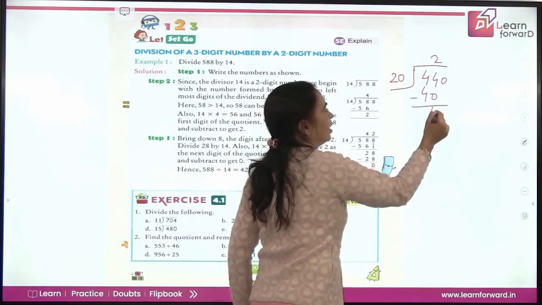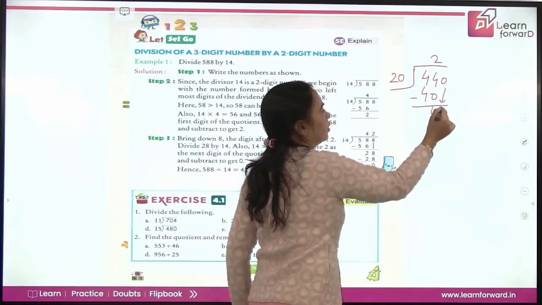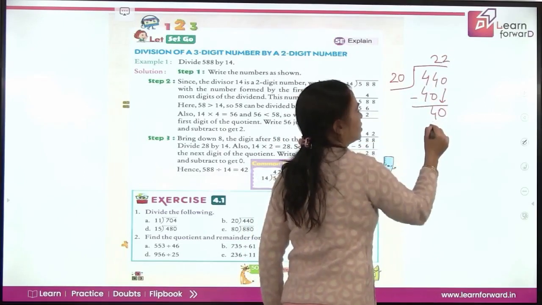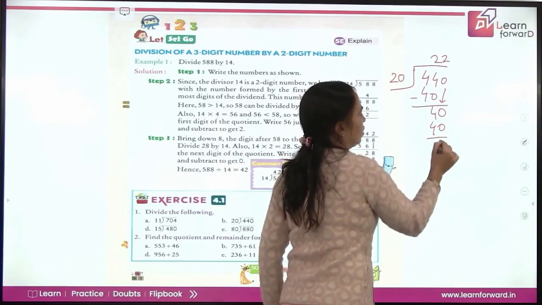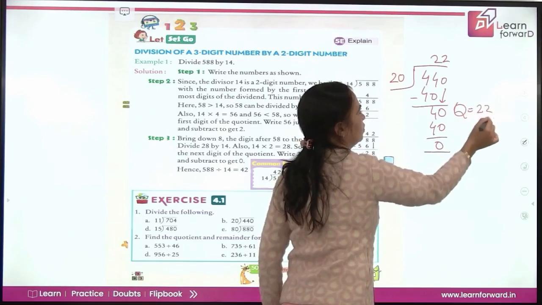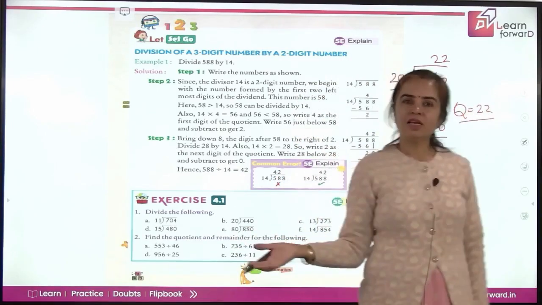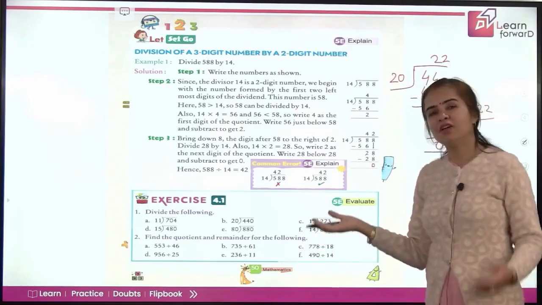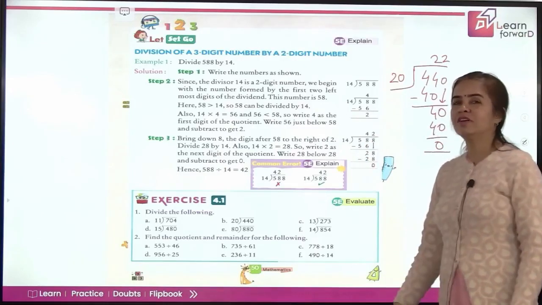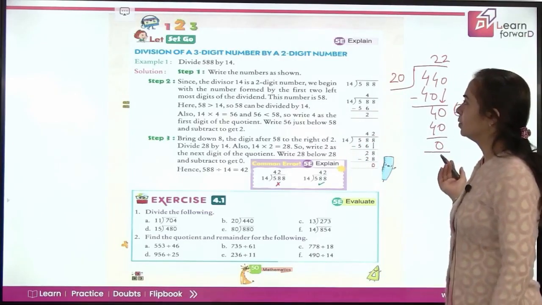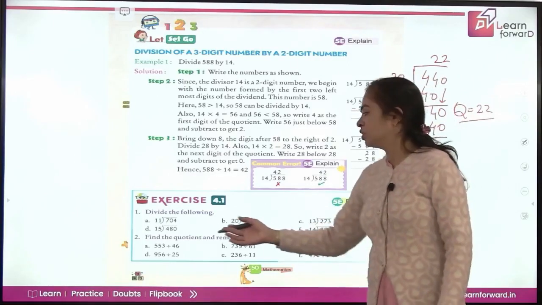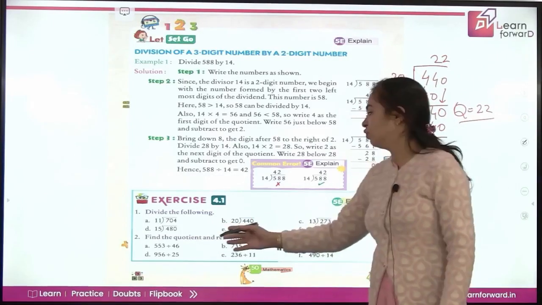Subtract, you get 4. Bring down 0. Now 20 times again 2 is 40, and your division is done. So your quotient is 22. That's it. Easy? So now you know the table of 20. If you know the table of 2, you just have to put 0 after each of the multiples. So similarly, you'll be doing the rest of the questions, and in the second question, you have to write the quotient